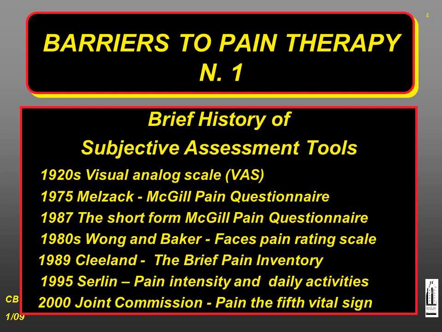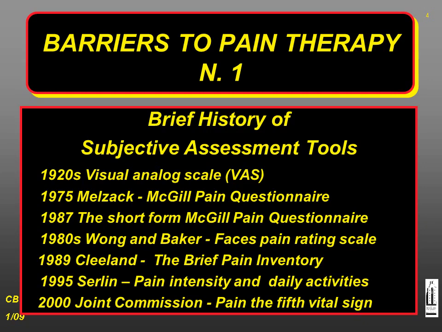Almost 100 years ago, the Visual Analog Scale, or VAS, was developed to measure subjective experiences. As the interest in pain therapy grew in the 50s and 60s, the need for a pain assessment tool became evident. The Visual Analog Scale was adapted to assess pain. The VAS is a 10 centimeter long line. At one end is written "no pain," and on the other end the worst imaginable pain.